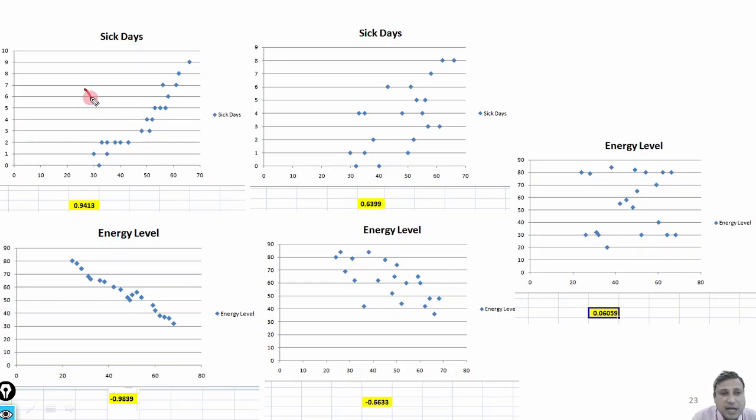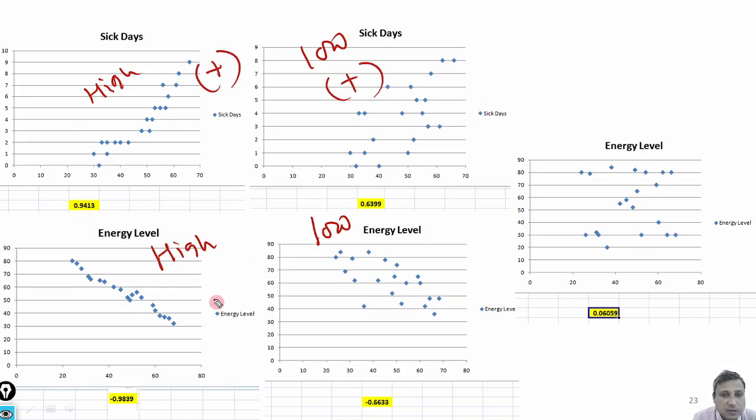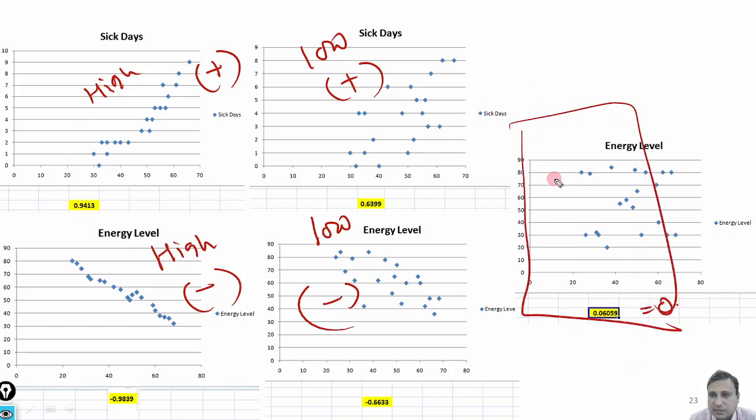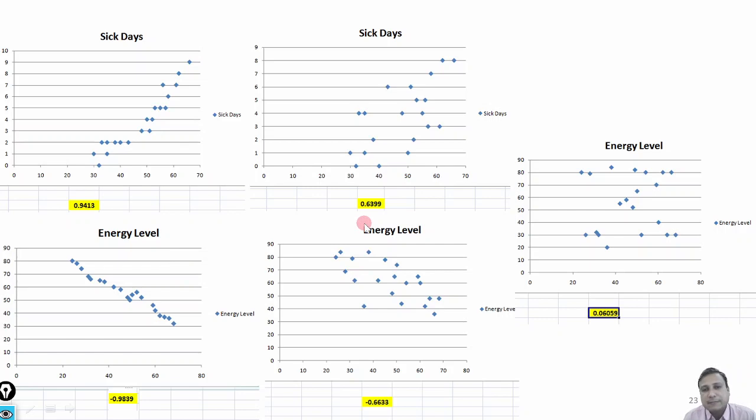So here is a high degree, here is a low degree. On the left hand side high and on the right hand side low, but this is positive, this is positive, this is negative, and this is negative. Fine. And this is neutral, kind of 0. It is near to 0, meaning there is no correlation. So usually we don't work with this. Whenever we have very meaningful variables, we get either high or low positive degree correlation, or high degree and low degree negative correlation. We are going to get different values. Anyhow, it was all about the types of correlation coefficient.